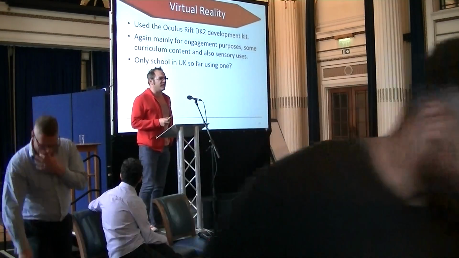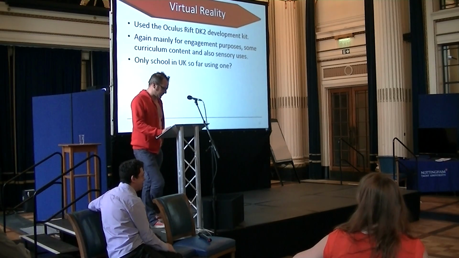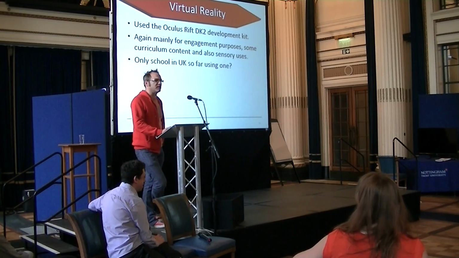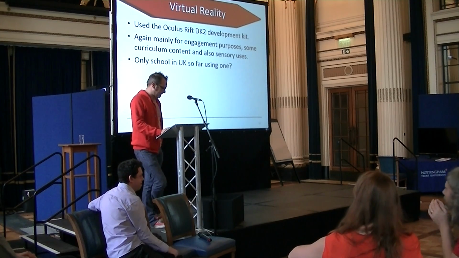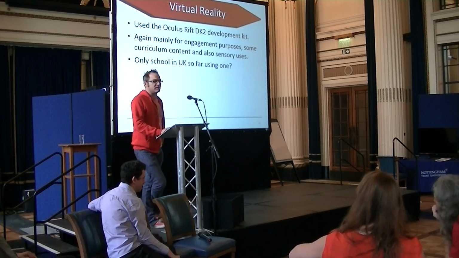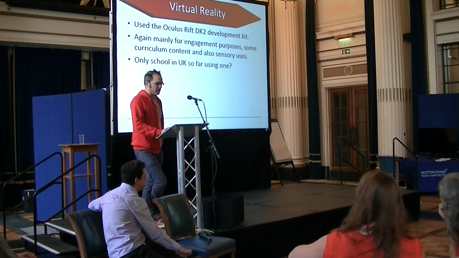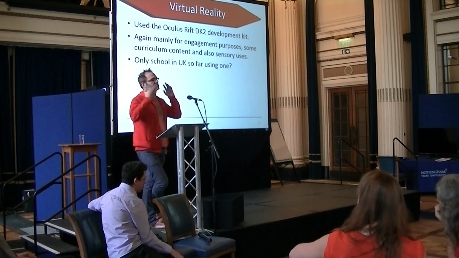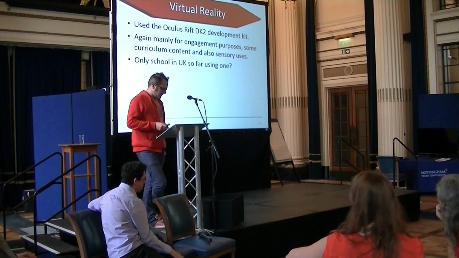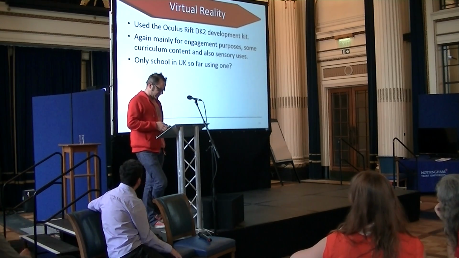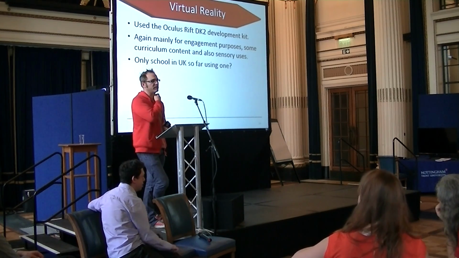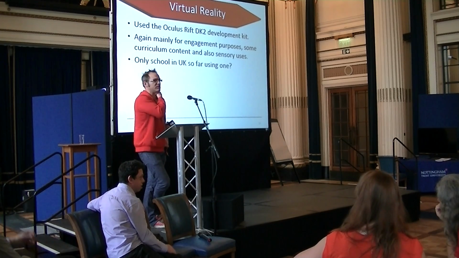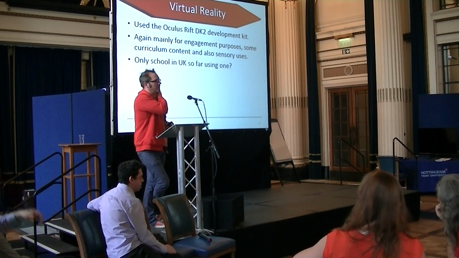We've also been using the Oculus Rift headset. We got that about 6 months ago, so we use that for pupils. We're using it for engagement with excluded pupils from other schools. They come to our school and they are using the Oculus Rift at the moment just to re-engage them back into the classroom, back into school. We also use them for some sensory lessons. So it acts like light effects for pupils. And I think we're the only school in the UK using it so far. I've not heard of anybody else using it. There's a school in Australia that's using it with autistic pupils, but I've not come across anything on the web. So we're sort of finding our feet with that and learning as we go along, really.